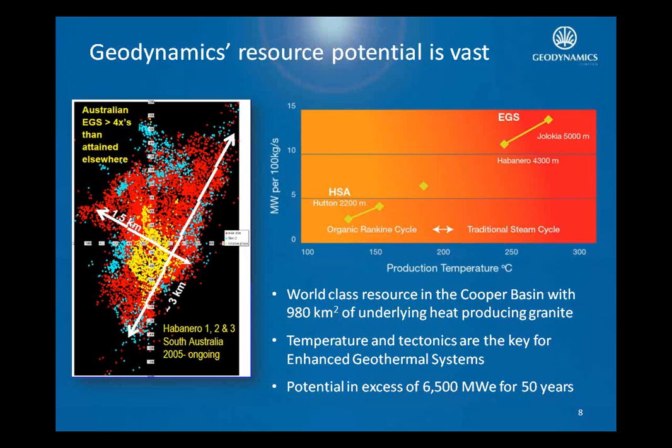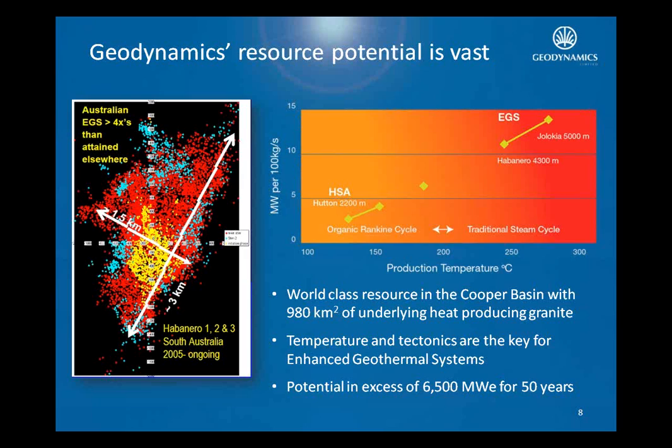If you look at the HSA, it's a much lower temperature and you get much lower electrical energy for the same sort of flow rates. And you've got to weigh up the economics of these things, and given the flow rates and the depths we've got to drill to, at the moment we believe the EGS in the long term will be cheaper than HSA because of those temperature differentials and the energy differentials that you can get between an EGS and a HSA well.